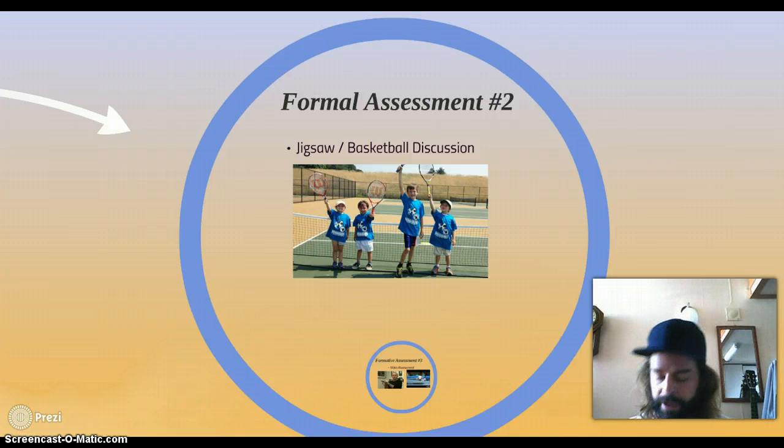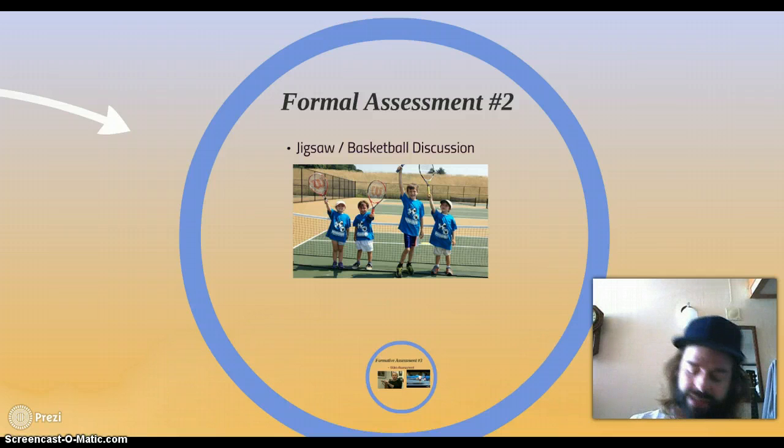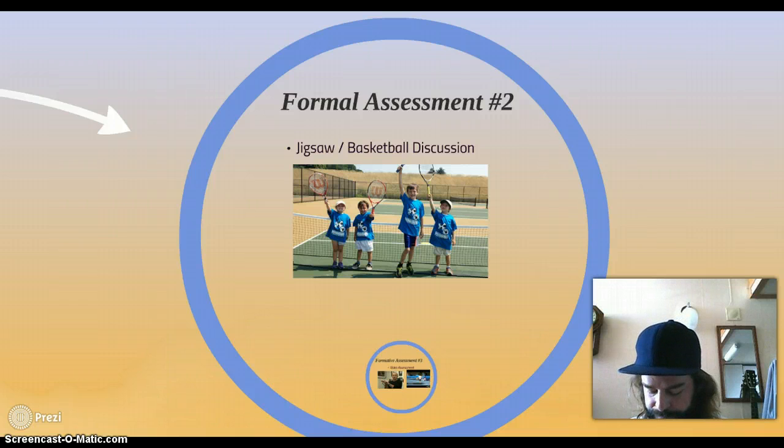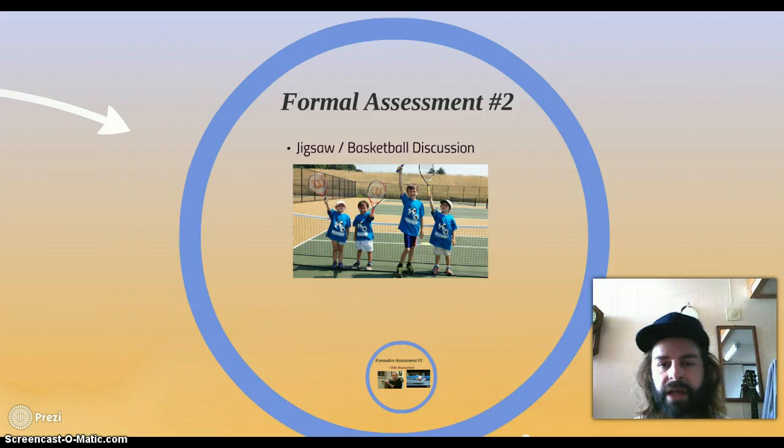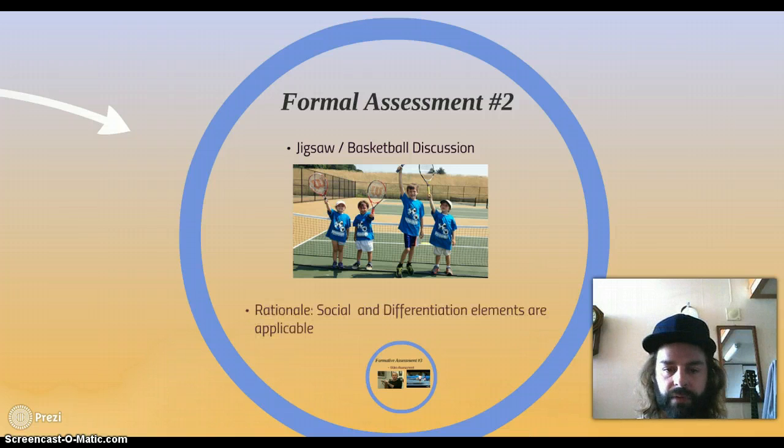So, yep, jigsaw and basketball discussions. Basically, they're going to be in that group talking with each other and helping each other. So, a good way to assess and be there to provide that feedback as a teacher and have the students provide that feedback as well. The rationale is there are social and differentiation elements that are applicable. Next, we're going to go on to